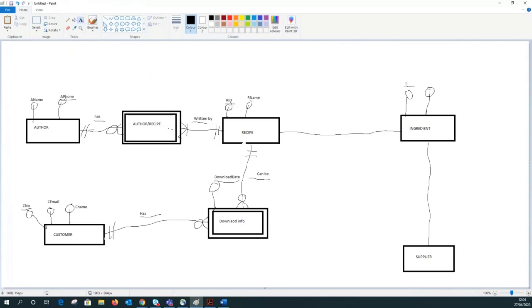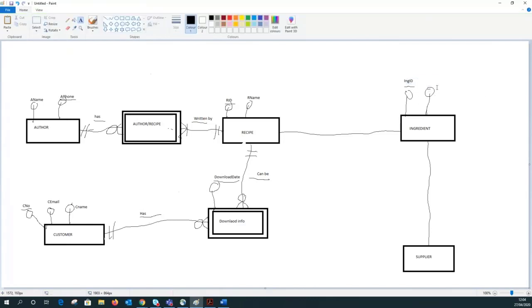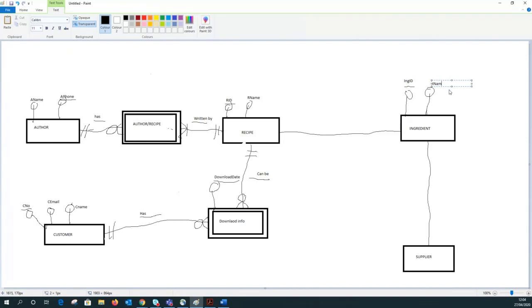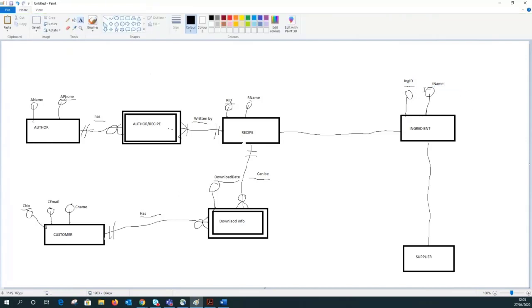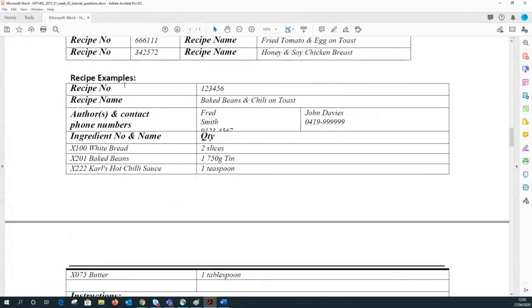So let me write that first. So I would put ingredient ID and ingredient name, right? So ingredient ID is the primary key. Now if you go through here, you can see one recipe can contain many ingredients which have many quantities, and probably this ingredient can be shared by many recipes as well, right? So bread, baked beans, etc., can be shared by